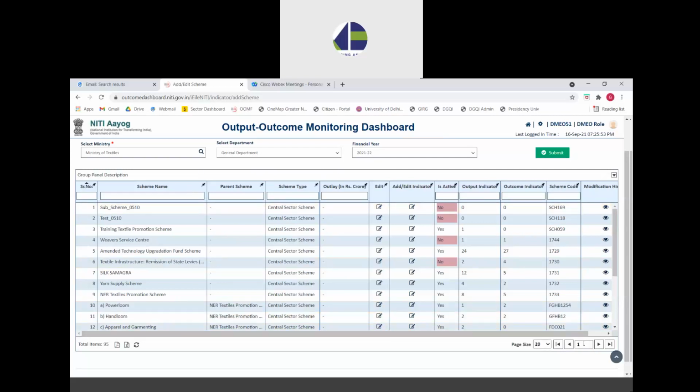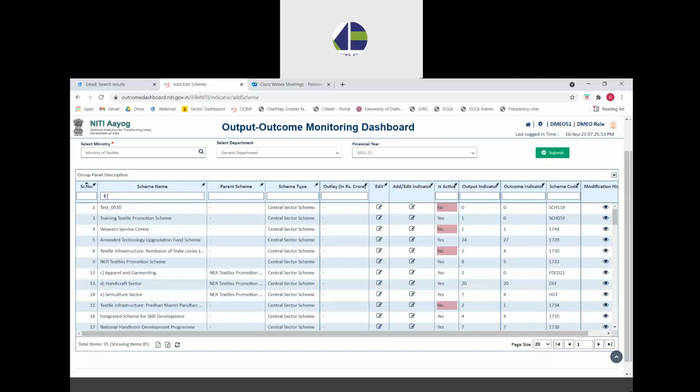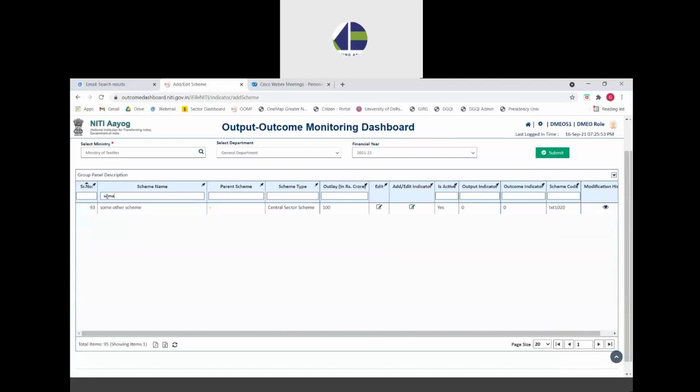So you can use these options to also change your pages. Alternatively, you can use the search icon here to search for the name scheme by its name. So let's suppose I want to search for the some other scheme that we had entered. It shows up here. It shows its detail that there was no parent scheme, its scheme type, outlay. Because we have not yet entered the indicators, it shows 00 indicators and the scheme code that we had created for it. You can also look at the modification history of the scheme by clicking on this I icon.